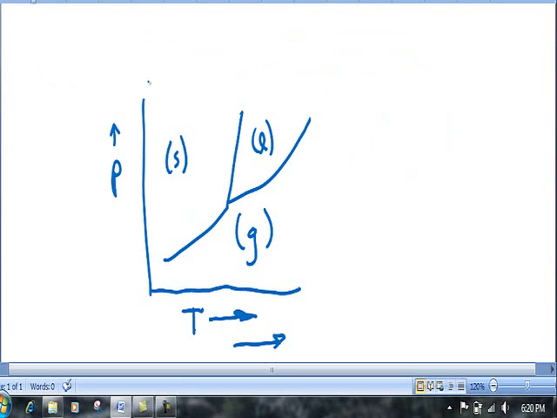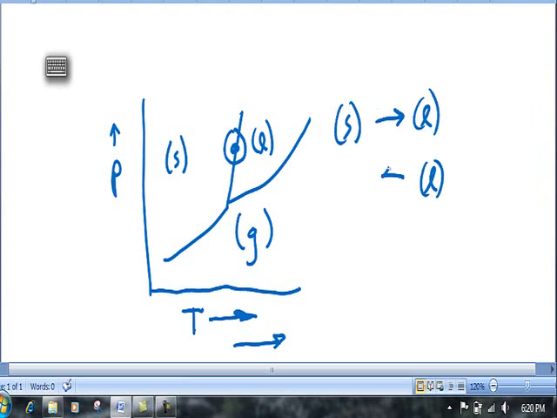If the phase change happens to fall directly here between solid and liquid, that would be an area where under this pressure temperature combination the process of melting would be taking place when we go from solid to liquid, and in reverse when we go from liquid back to solid, that would be freezing. Freezing and melting, it's the same temperature pressure combination, and we'd be in equilibrium at that point when this phase